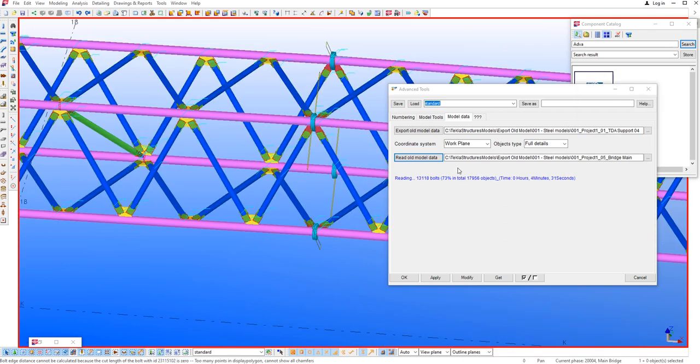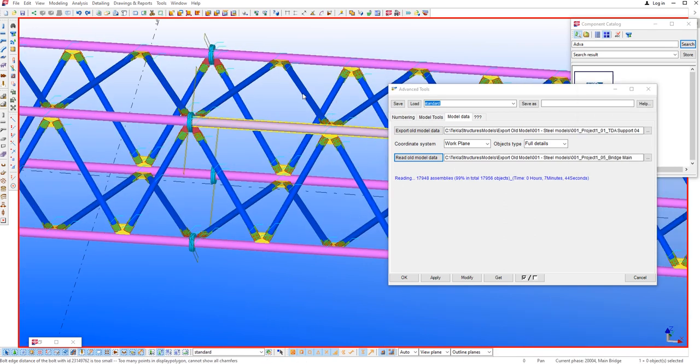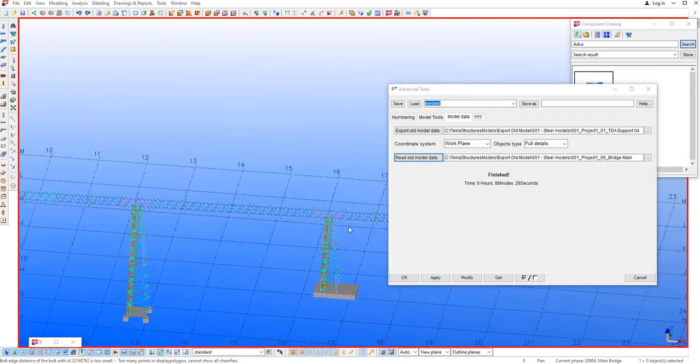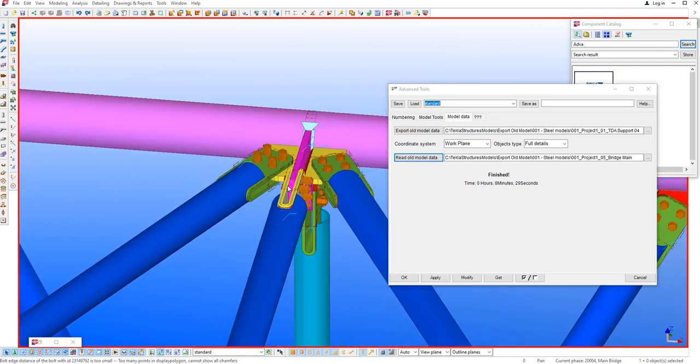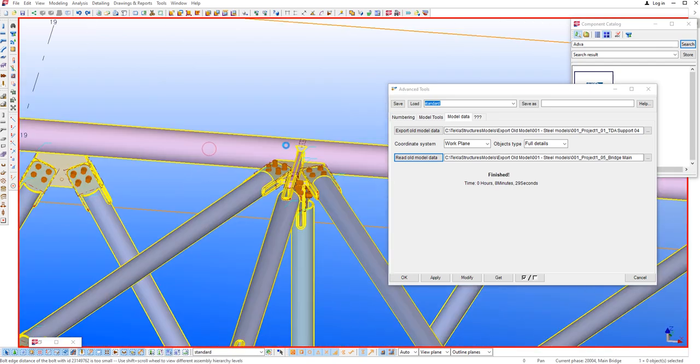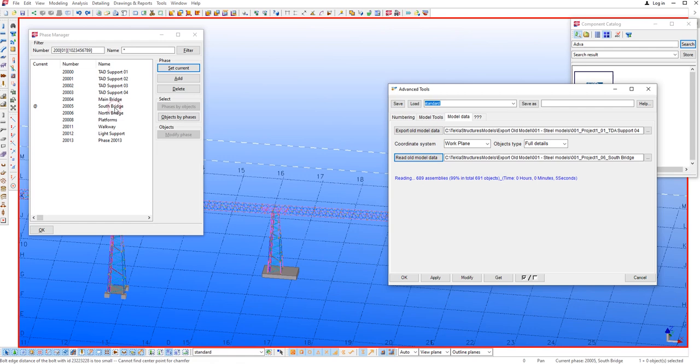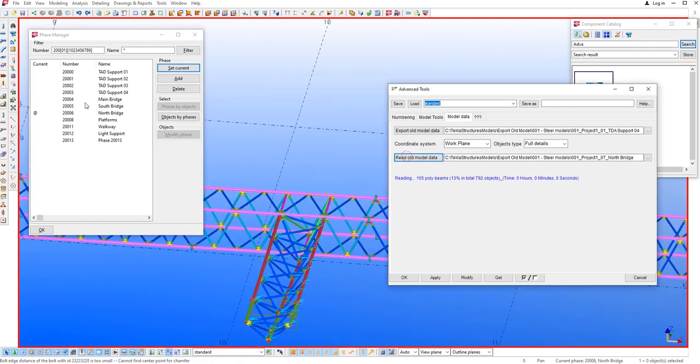And now we are reading all the bolts. Now the tool collects all the assemblies to finish the copy process. Yes, that finishes all the main brick with full detail. Very fast and easy. Collect all the segment assemblies. Now we read our brick segment. Yes, that's very fast. Net for north brick.